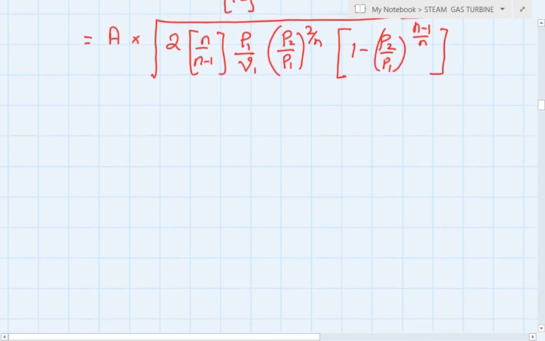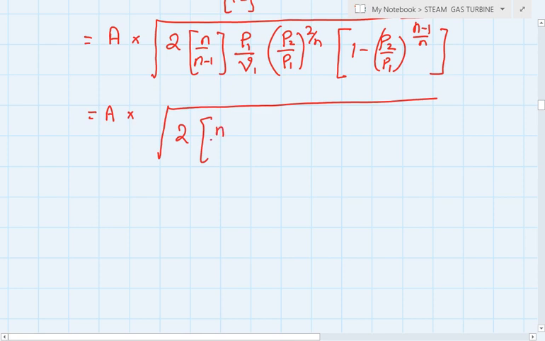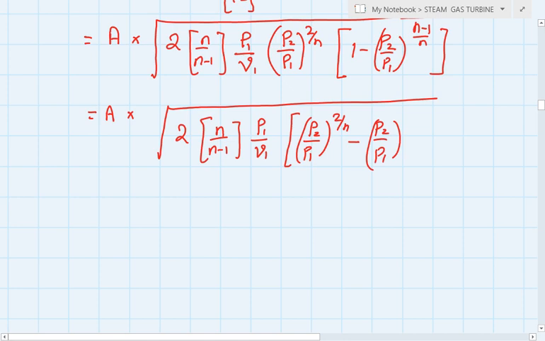Further simplifying, n divided by n minus 1, P1 P1. I'm going to take this inside. So P2 by P1 to the power of 2 by n minus P2 by P1 to the power of 2 by n times P2 by P1 to the power of n minus 1 by n. So A into